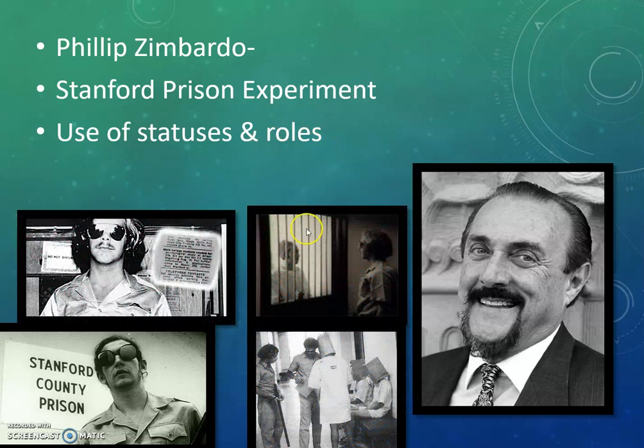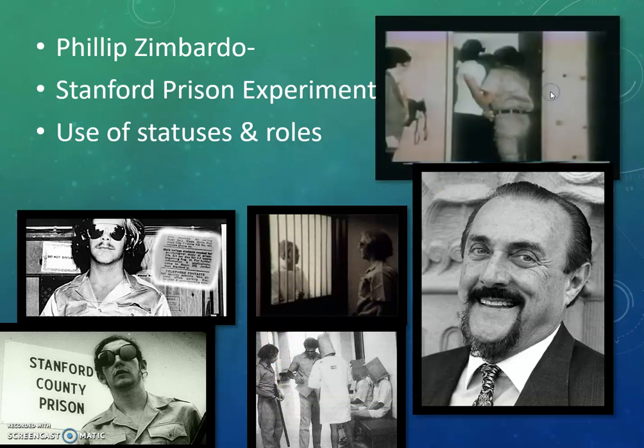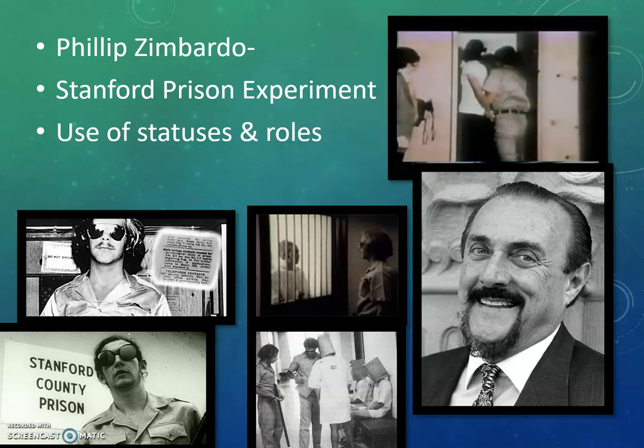So what he did was he did an experiment where he took students and he gave them different roles. They wore costumes. So this individual is dressed as a prisoner, and here we see more prisoners, and these students are dressed as prison guards or corrections officers. Now, what he was saying was, what happens in society is that when someone is given a role, they're going to act according to the role.